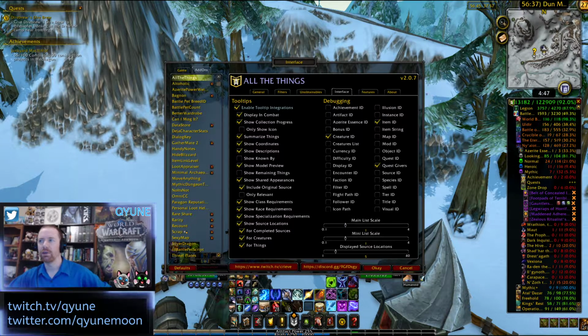Now over here, as far as the debugging section, you could go through and check everything here. For me though, I typically keep just the item ID, the creature ID, and then the quest givers. Reason being is that whenever I'm going through, and let's say for example I'm looking for a particular drop and I'm trying to set things up in Rarity, which we can do a video for later, but